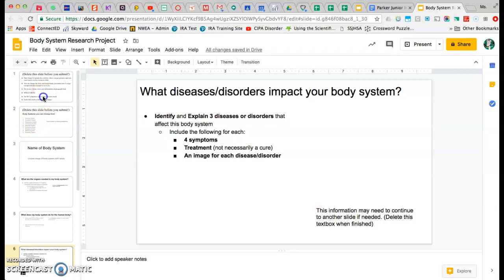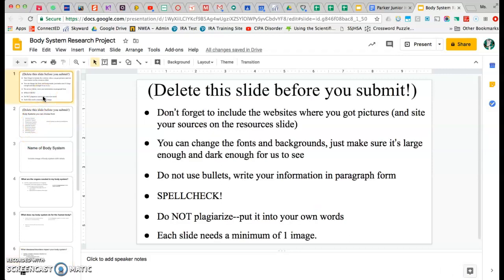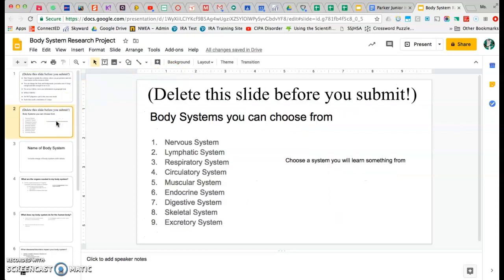I'm going to talk about the slideshow presentation you're going to do this week for the organ system. So you're going to pick a body system. I'm going to share this document with you. You're going to get this document and you can choose any of the following body systems on slide 2 of